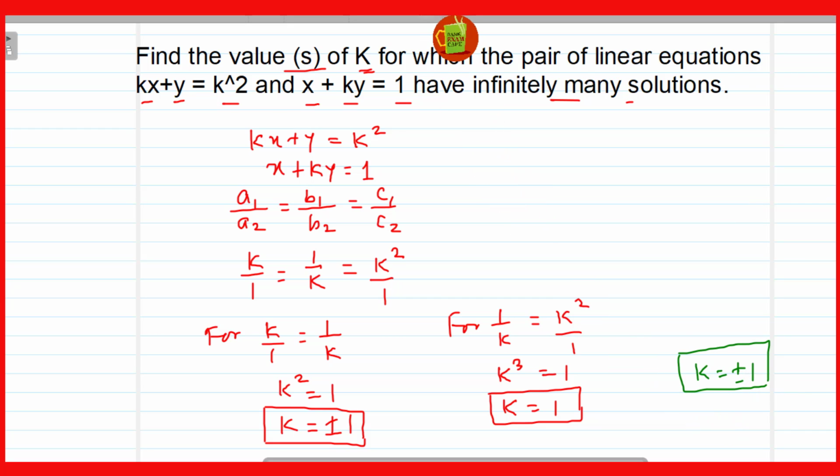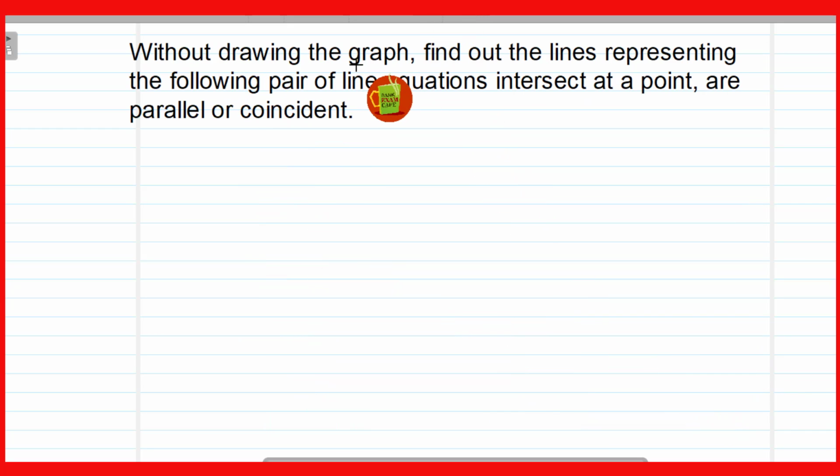Now move to the second question. Without drawing the graph, find out whether the lines representing the following pair of linear equations intersect at a point, are parallel or coincident. So here, without plotting, we have to decide whether the given pair of linear equations intersect at a point or are parallel or coincident, and the given equation is 18x minus 7y equal to 24,